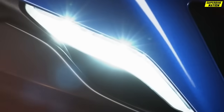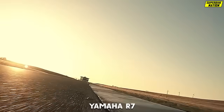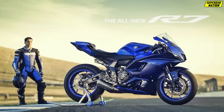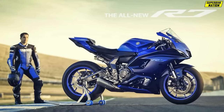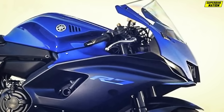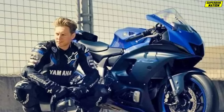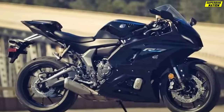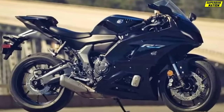We know that Yamaha is readying a full fairing version of the MT-07 street bike. And we know that the Yamaha R7 is going to debut very soon. Today, we get our first look at the 2021 Yamaha R7 ahead of its official debut. The photos might not spill the full Monty about this machine, but they do provide some key insights into this